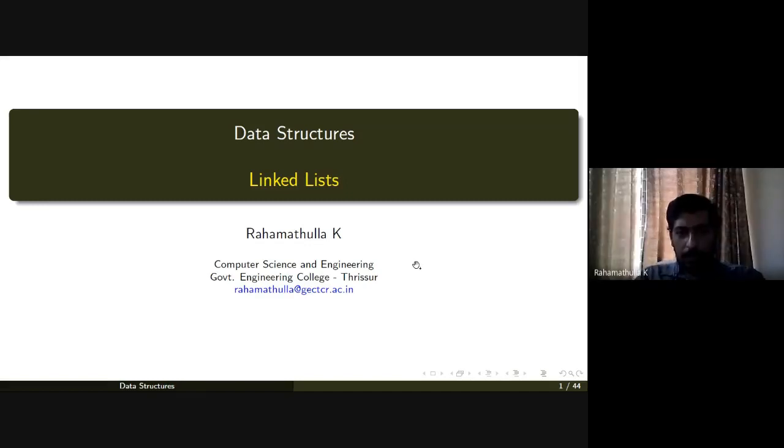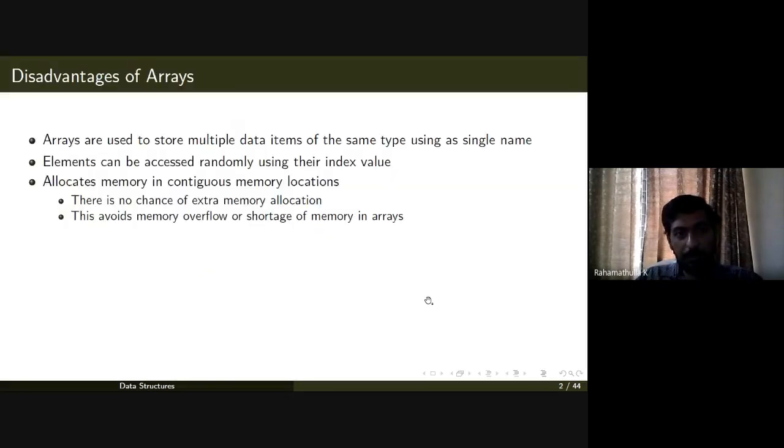Good. So our today's topic is linked list. Today I'll give you an introduction to a linked list, and we'll be talking about simply linked list. Before getting into that, we have been discussing the array data structure for the past 3-4 weeks, and we have seen how array data structures are used and how array can be used for implementing other data structures like stack, queues, and many other variants of queues, etc.